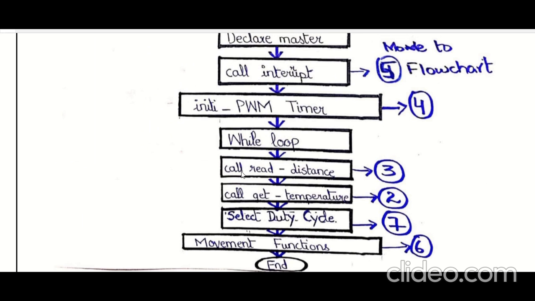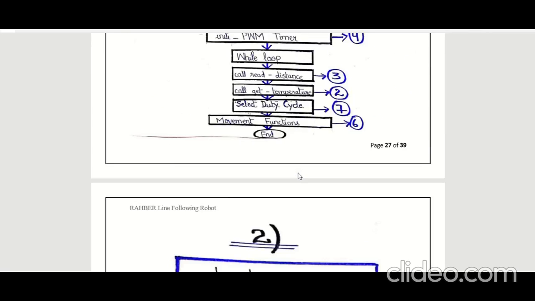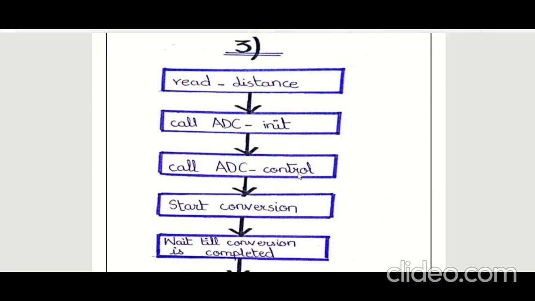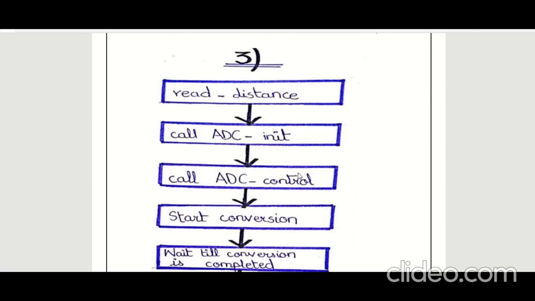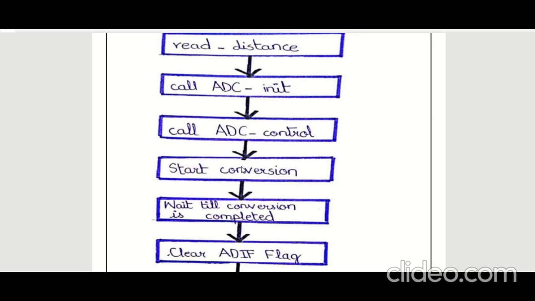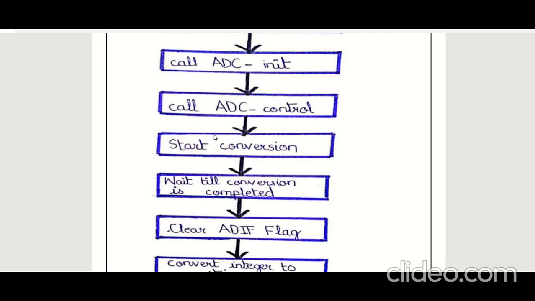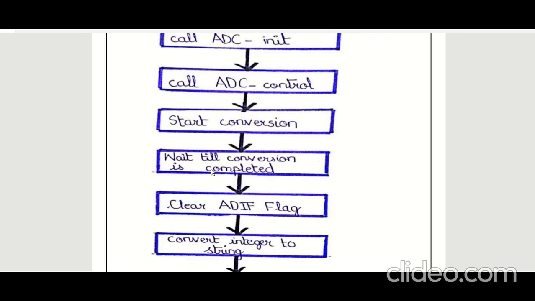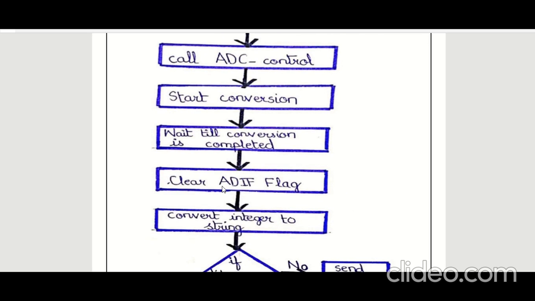In the while loop, first of all, we will call our distance function, read distance. For this function, we have to move to flowchart number 3. So this is our read distance function. Then we will call our ADC initialize function. First of all, we will initialize our ADC, then we will control our ADC, then start conversion. We will have a command to start the analog to digital conversion. Then we will wait until the conversion is completed, and we will clear the ADIF